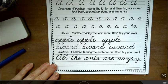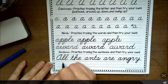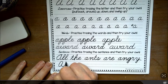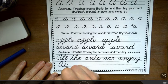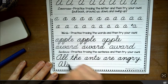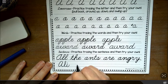Okay, now we're going to make up a sentence of our own. And I'm going to use a lot of A's. I'm going to write a sentence about Allie. So capital A. Allie. And I get to the end of my word and I go back and I dot my I. Allie ate a